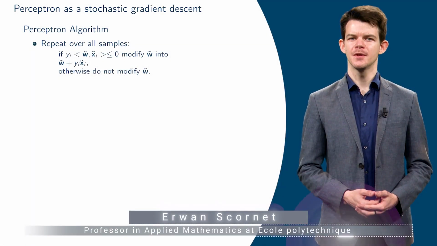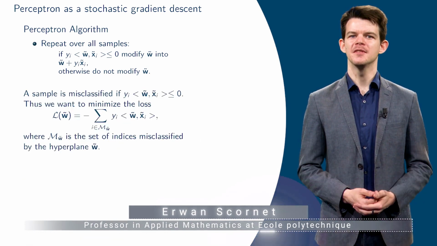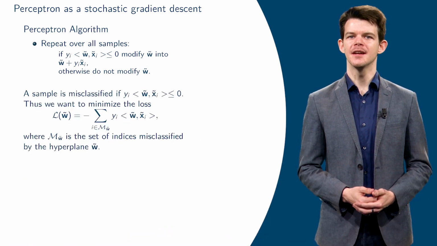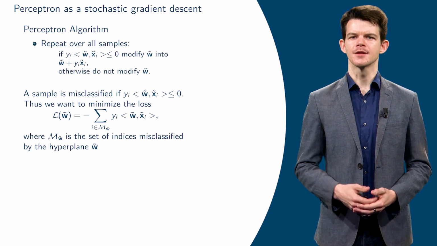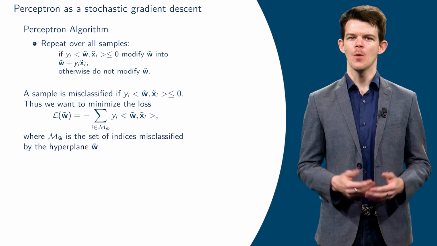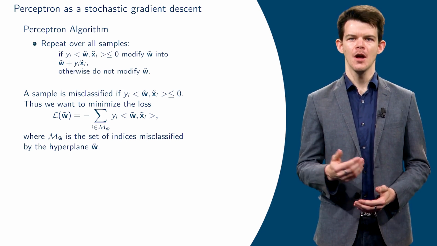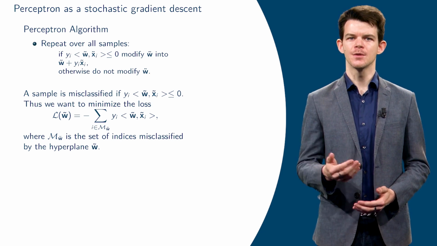Indeed, the perceptron algorithm can be seen as a stochastic gradient descent. Remember that a sample is misclassified if yi, w tilde, xi tilde is negative. Thus, a possible loss for this problem can be the sum of all the previous quantities when they are negative. This is exactly the definition of L given here, up to a minus sign, which ensures that the loss is